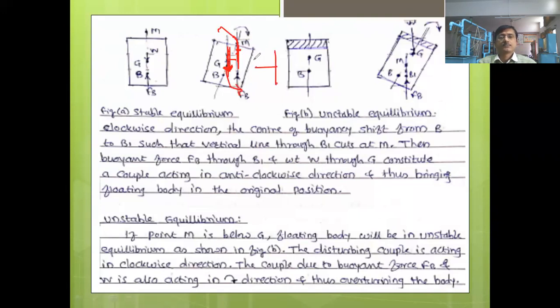So it is going to turn the object like this. Okay, this is the clockwise, but the forces are not like that. Forces are showing the anti-clockwise direction. So this couple is an anti-clockwise couple, and the moment caused by this anti-clockwise couple will be acting in anti-clockwise direction. So this is clockwise acting, and the couple moment formed by this couple is acting in anti-clockwise direction.